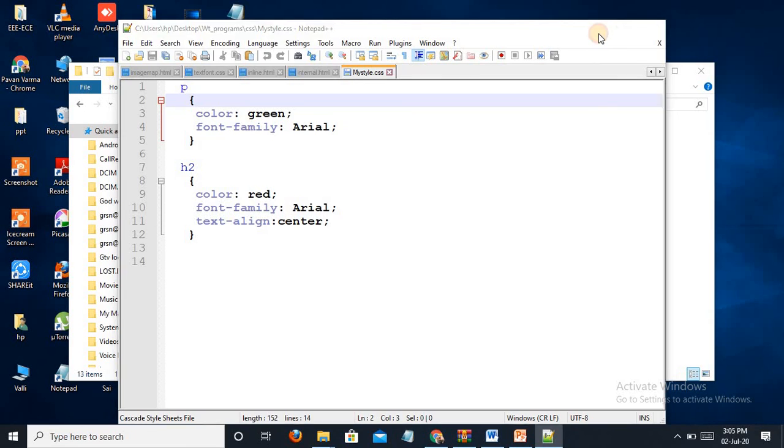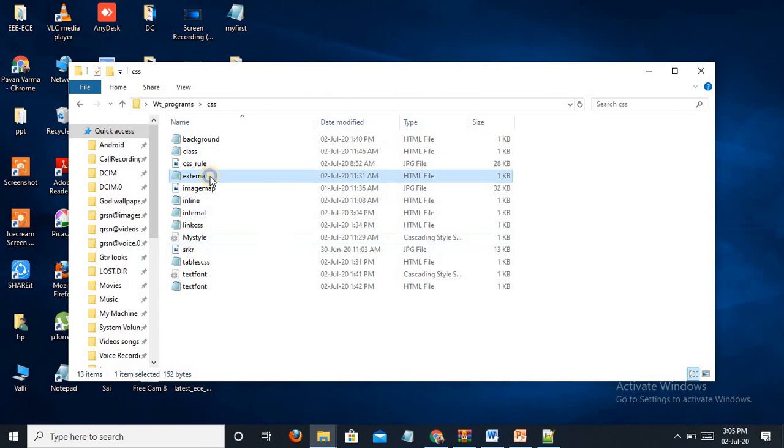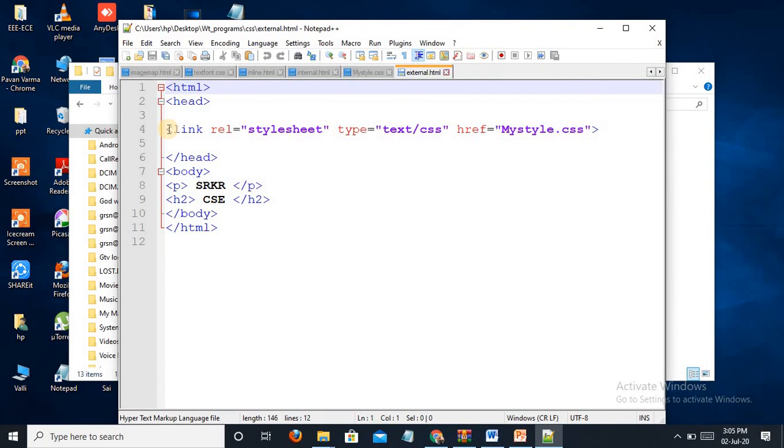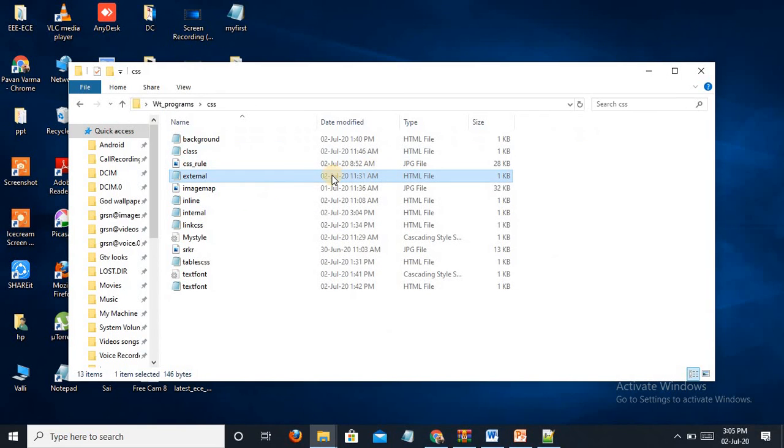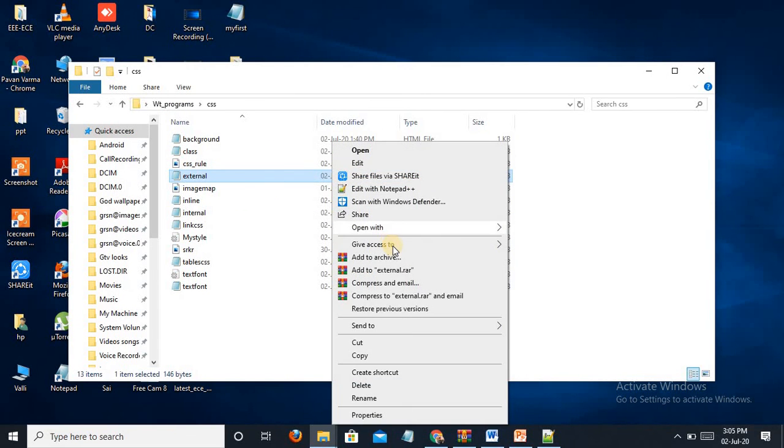So I am applying this link in this external CSS. To use the external CSS, use link rel and type, just give it. The type is not mandatory, just type equal to text/css, hyperlink reference. This is the main attribute we are going to use, mystyle.css. So just execute this.